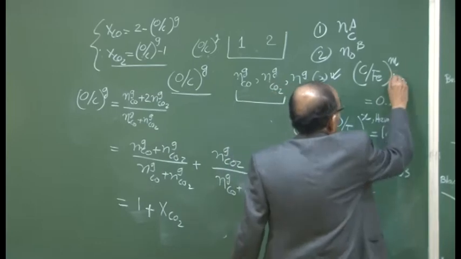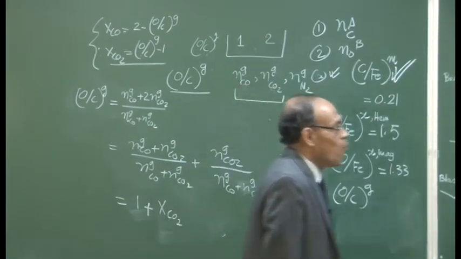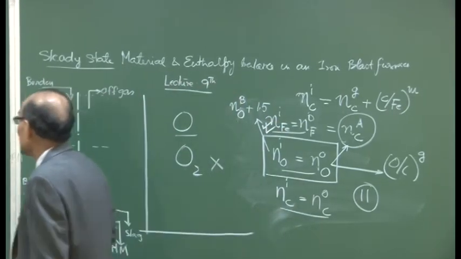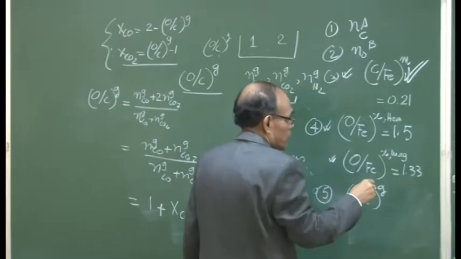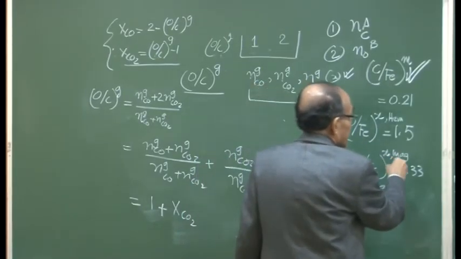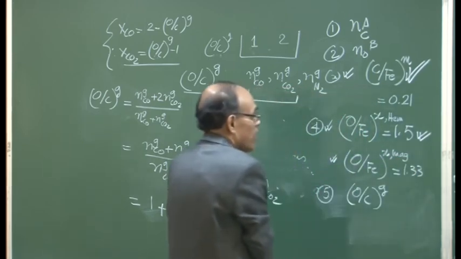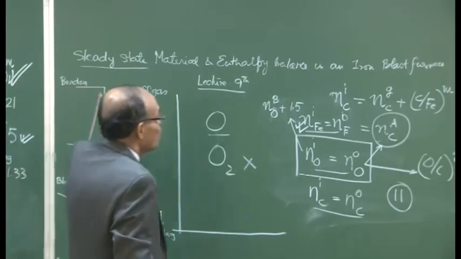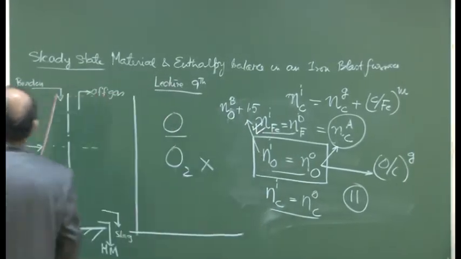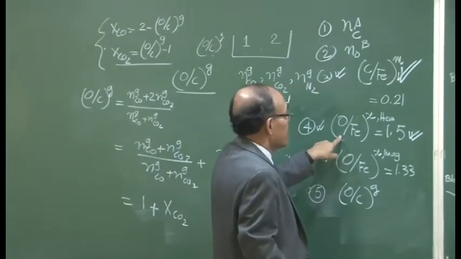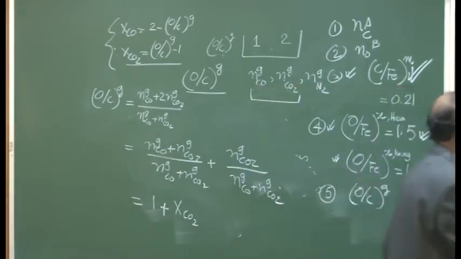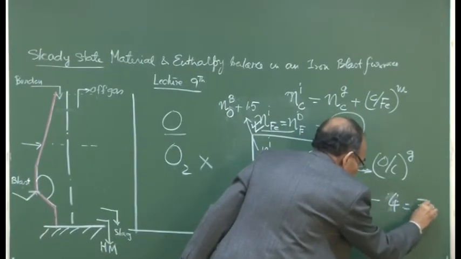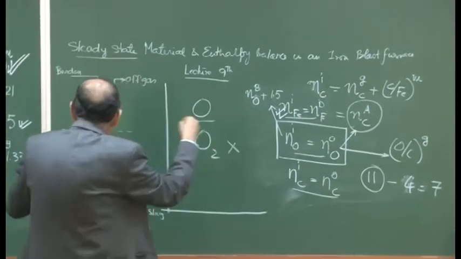one is known to us. Both input and output will be known to us on a per molar basis. So 2 and 3 will be known to us, and similarly we will say that O by Fe x is also known to us. So therefore, of this 11, 4 variables are clearly known to us: input, output, C by Fem and O by Fex. These are the 4 variables which are known. So 11 minus 4 is 7 variables are remaining,